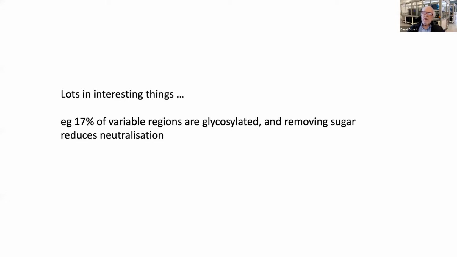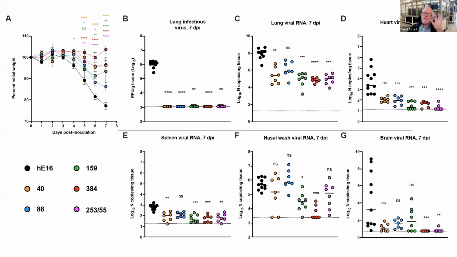We find that 17% of the variable regions are glycosylated, and actually removing the sugar reduces the neutralization potency of those antibodies. And we've got structures of those, and we can see that there is interaction between the sugar and the receptor binding domain. But just to finish,